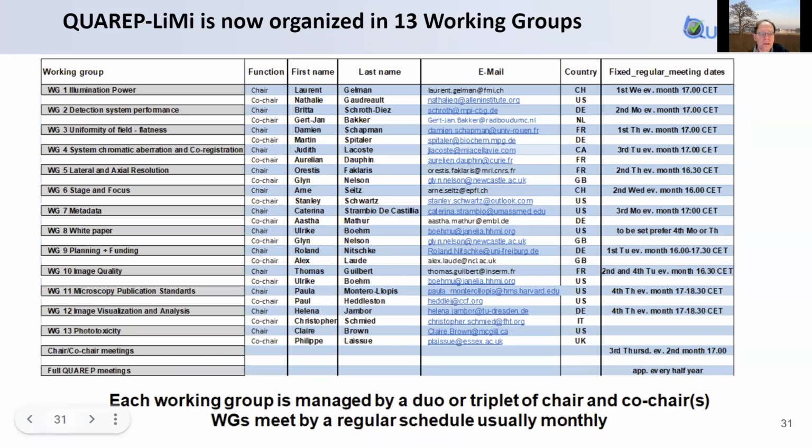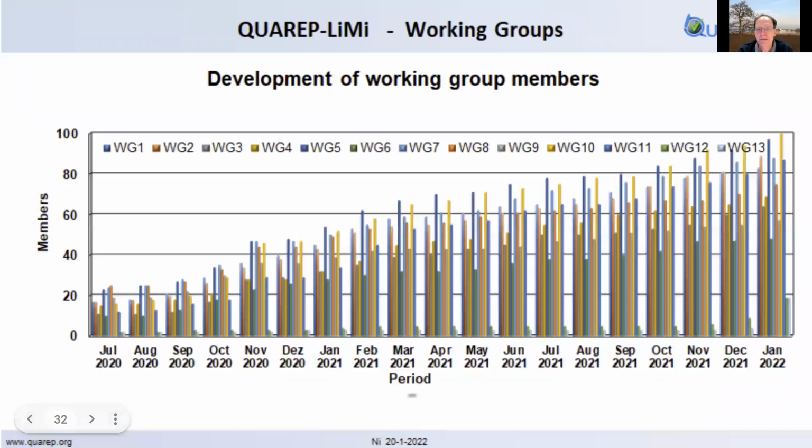So we are organized in 13 working groups. We just recently expanded by 2 working groups, by splitting one of the working groups in 2, and we have a new phototoxicity working group. Each group is usually headed by 2 or 3 persons. We see that the amount of work is increasing, so it's better to have it on more shoulders. That's the reason why you can also have 4 people heading a working group. It doesn't matter. Next slide.